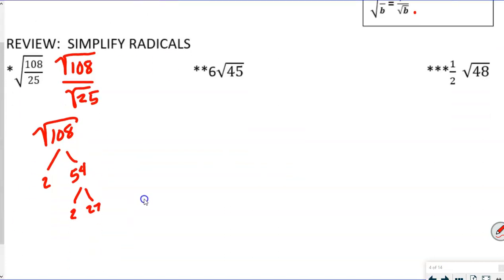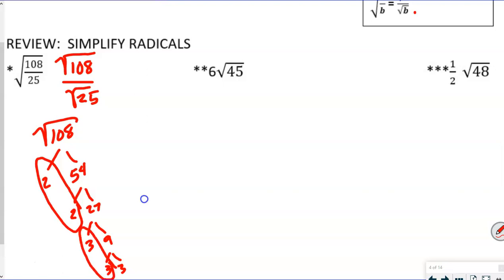And now we have, I know that that's divisible by 3, which gives me 9 and another 3 and a 3. So remember I told you guys earlier that we're looking for pairs of numbers, right? That's what's going to tell me if this has got a perfect square as a factor. So we got a pair of numbers right there, the 2's, and we got a pair of numbers of 3's